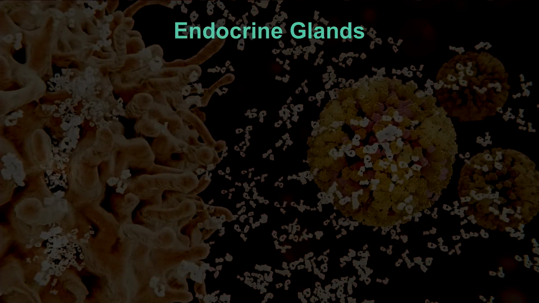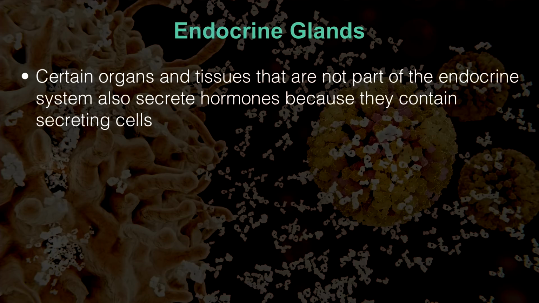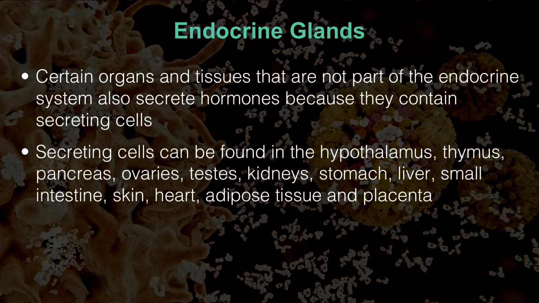Now, for cells to have endocrine activity, they don't only have to be a part of those glands. Some cells themselves can secrete chemical messengers, independent of being in a cluster of cells called a gland. I still consider these as part of the endocrine system because they are secretory cells that release chemical messengers that affect the local environment. But they are individual cells that do so, and these are cells of the pancreas that secrete insulin,